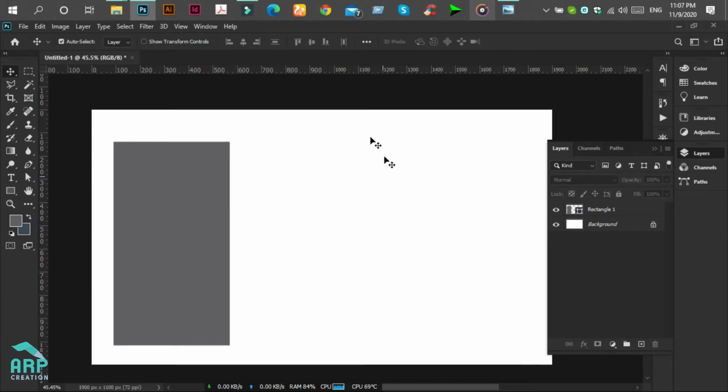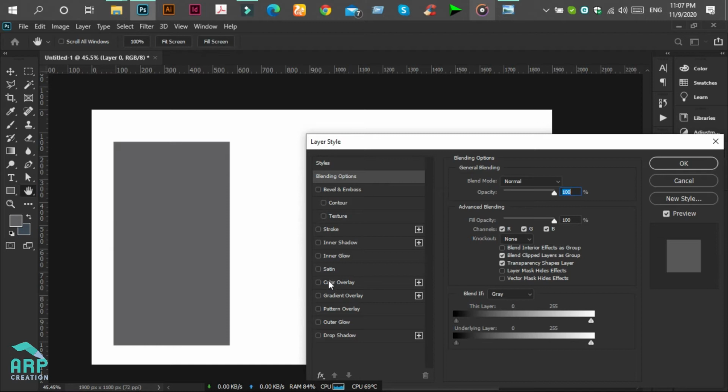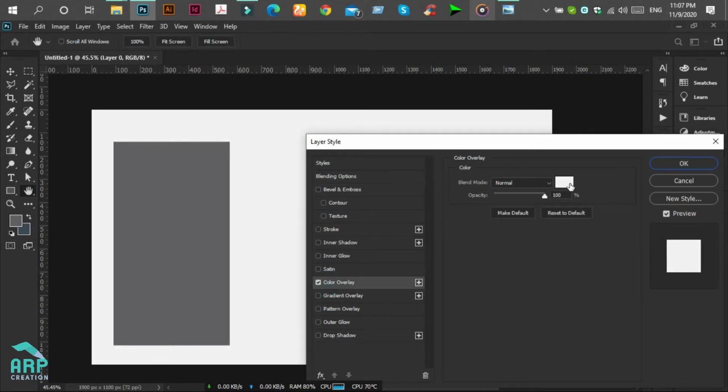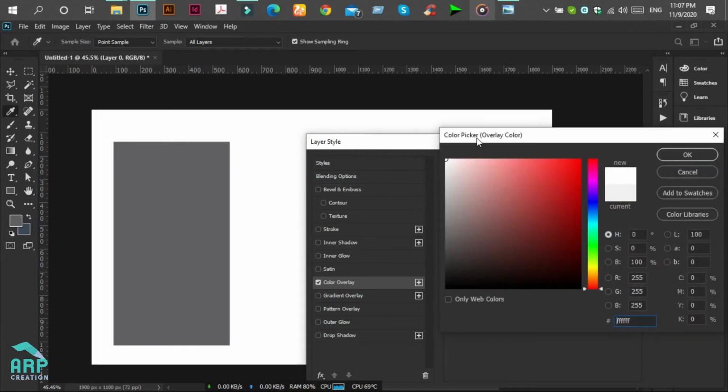Now I will change this background color from white to gray. So click on the lock icon, then double click on this layer. You will check the color overlay, then change the color to gray.